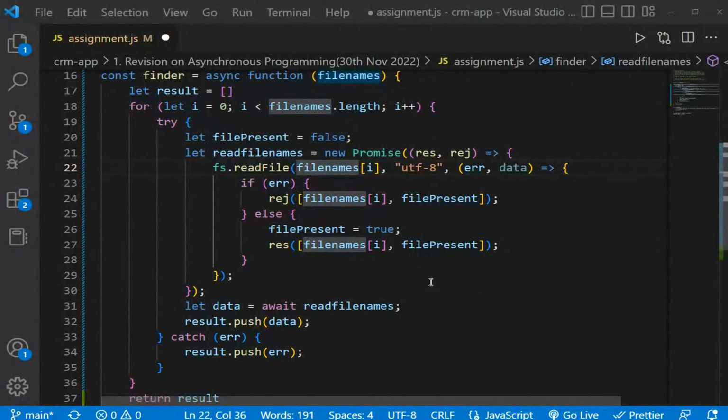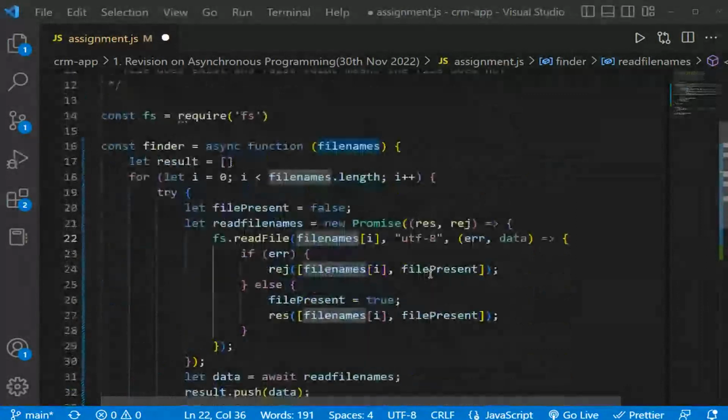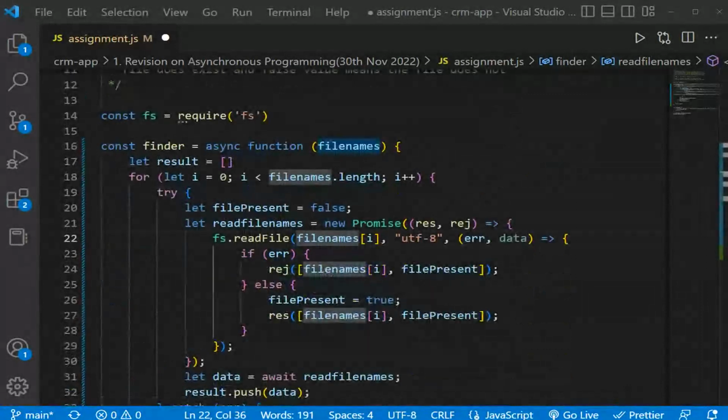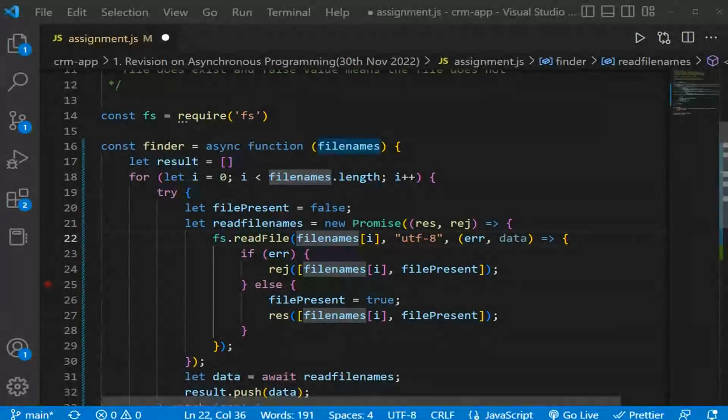Originally, these are the first few lines. Asynchronous programming. There should be FS. There should be FS promises.